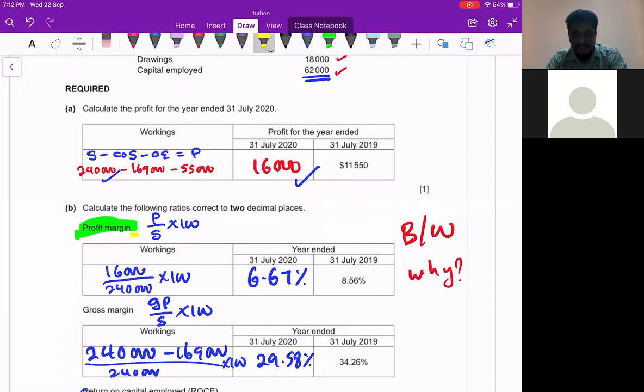Understand? You sell for cheaper price. Okay, so you can talk about expenses. So profit margin, but that one I can talk about the gross profit. I sell for cheaper price, or you can say your purchase price is very expensive. All these we talk under the gross margin. Okay, sales minus cost of sales, right? All that happen in the gross margin.